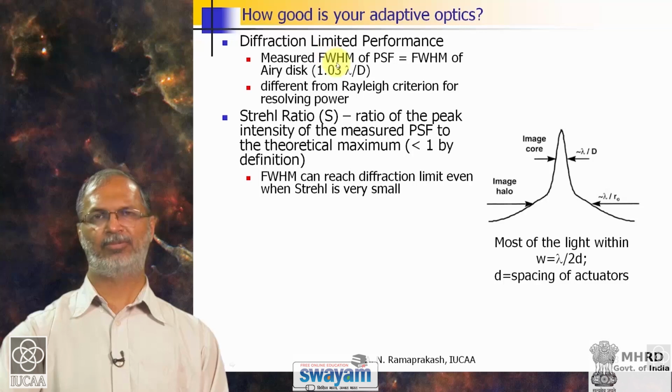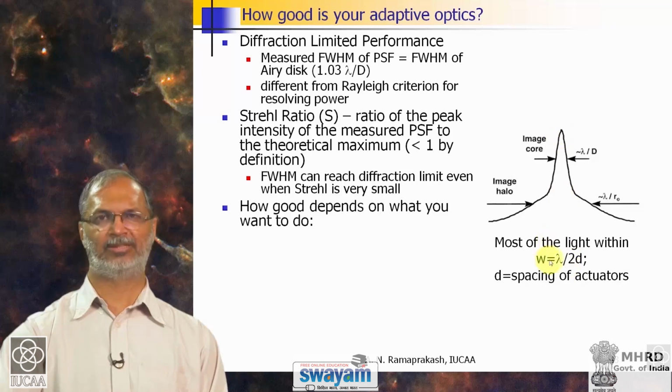So, the performance of an adaptive optic system has to be measured both in terms of the angular size of the final delivered image as well as the Strehl ratio, or the ratio of the peak intensity relative to the ideal peak intensity that can be delivered by a diffraction limited